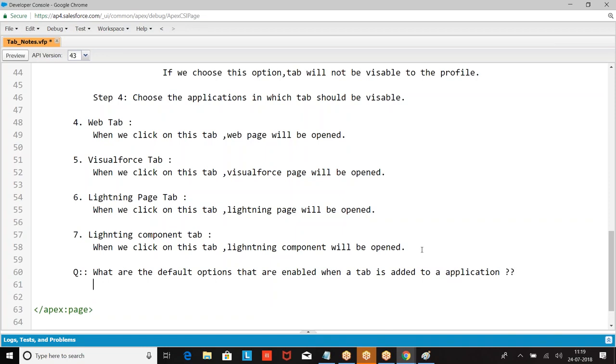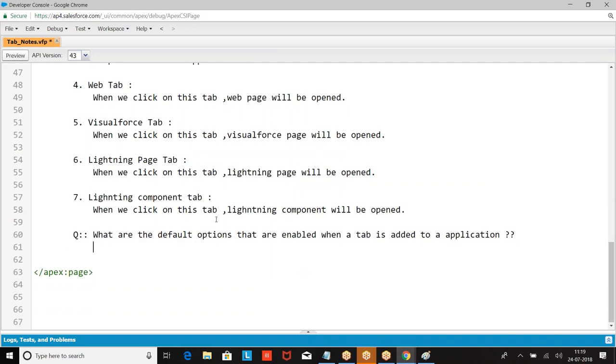What are the default options that are enabled when a tab is added to an application? Create new. Then global search.